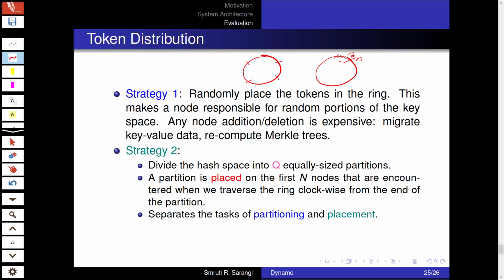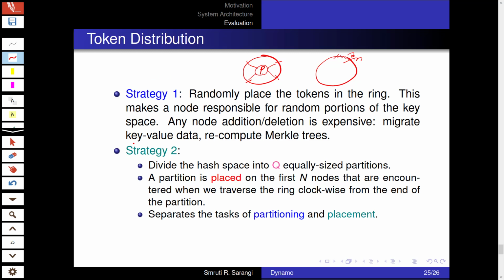So any node addition, of course, in this case is expensive because the key value data has to be migrated and we need to recompute Merkle trees. So this is the baseline vanilla scheme that we have been discussing, which is pretty much that we just place tokens at random positions for the same physical node, and then the regular chord-like mapping scheme where every key is mapped to its successor is used.